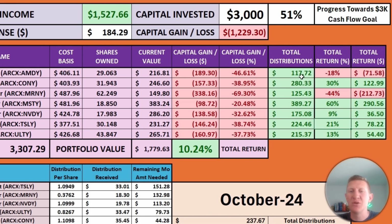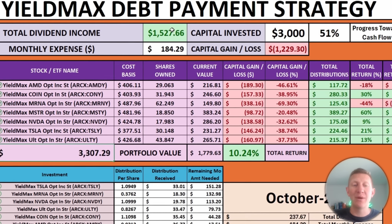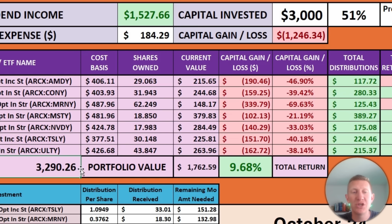So factoring those in, you would think that maybe AMDY and MRNY might be right for a reinvestment into other ETFs, to say, hey, these are just not working out, either from a capital standpoint or from an income standpoint. And I really want to take that opportunity and move this capital potentially into some better yielding investments. Overall, when you factor in the current value of these investments and the income generated, total returns, and you can see this is constantly changing, right now shows $32.90 and 26 cents. If you take that number compared to 3,000, it's a total return of 9.68%,